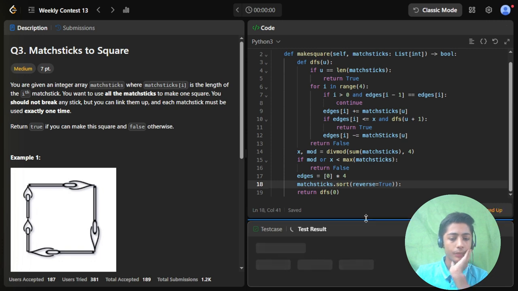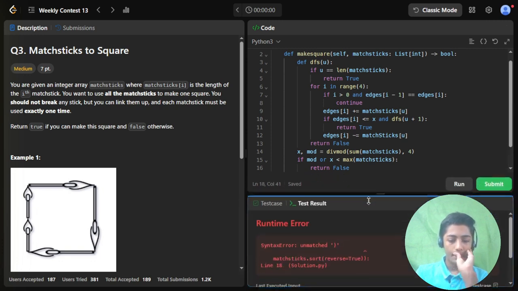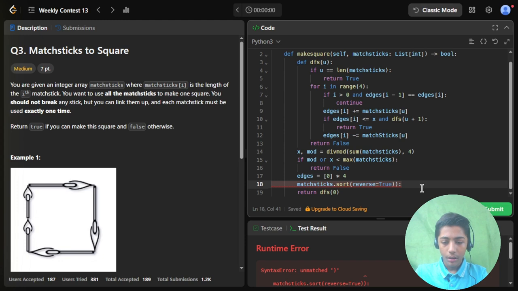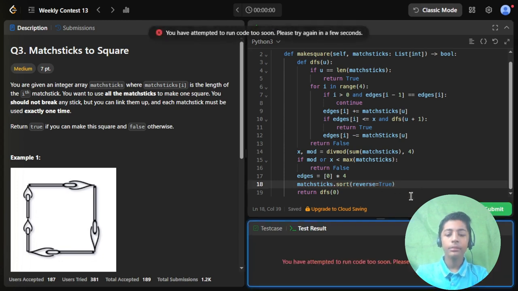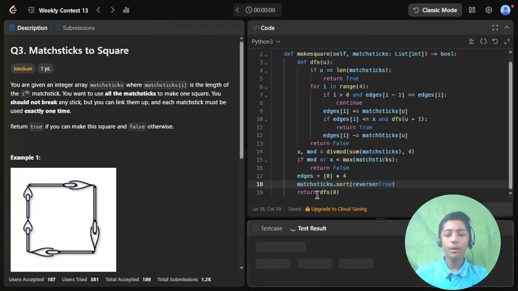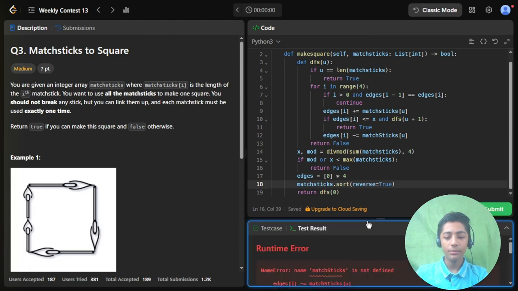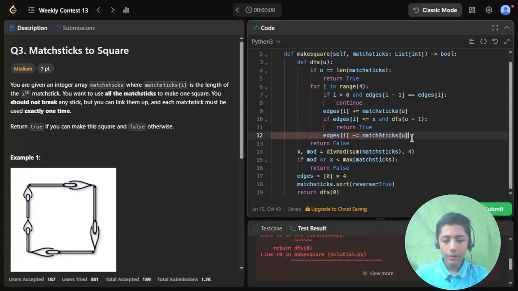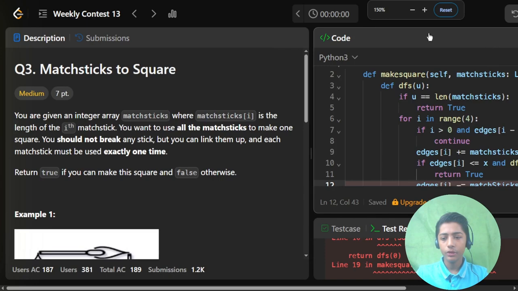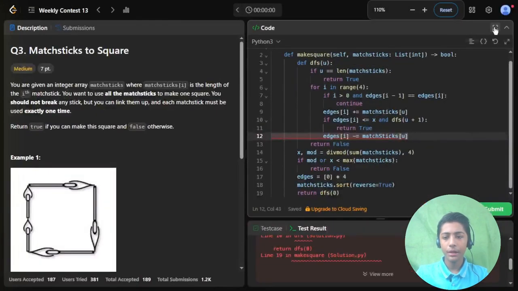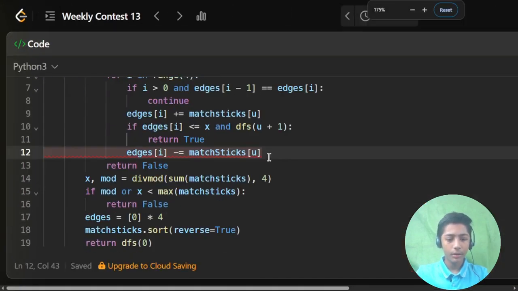So let's run it now. Okay, by mistake two rounded brackets came here, so that's why the error is coming. But now it is giving me an error in this line. Let's see the error. First of all, let me maximize.